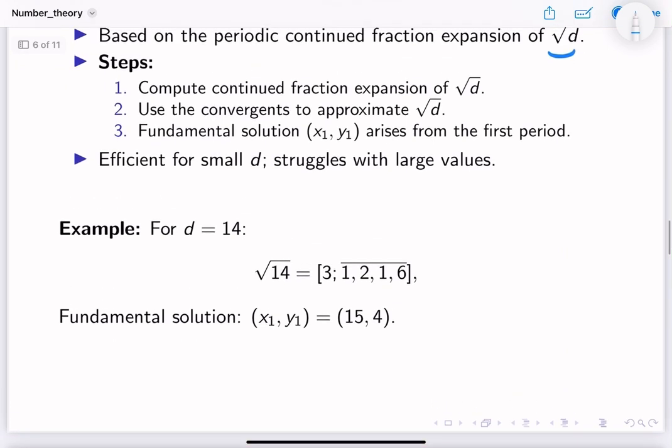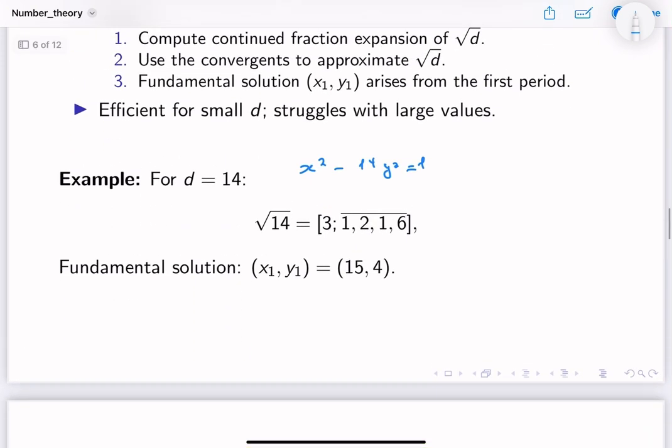So let's suppose we wanna find a solution of x squared minus 14 y squared equals 1. So in order for us to find the solution of this Pell's equation, what we can do is start by finding the continued fraction of square root of 14. So remember, how do you generally find the continued fraction of alpha? So finding